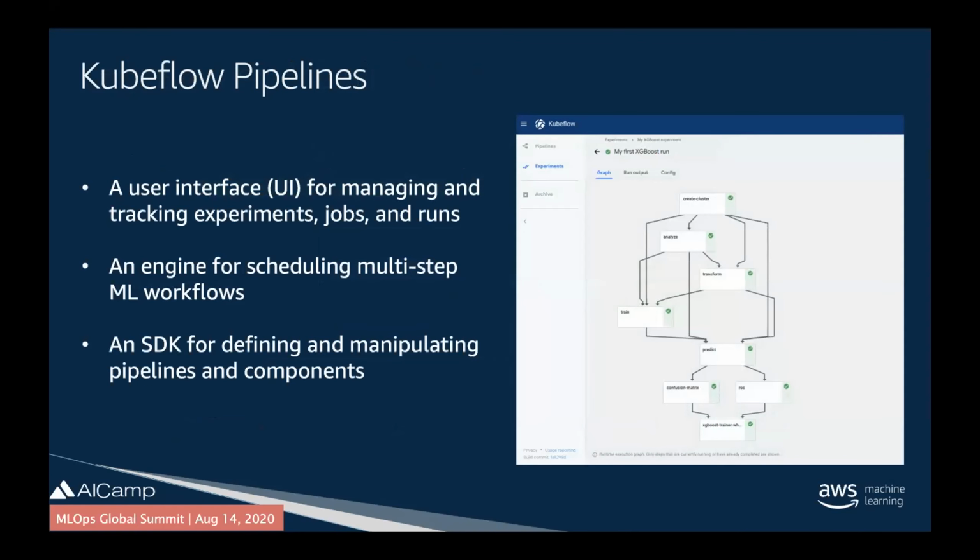So a first project within the Kubeflow ecosystem that is helping you to build those pipelines is actually called Kubeflow Pipelines. And you see here a first screenshot. So Kubeflow Pipelines gives you a user interface to manage and track your experiments, the jobs and the runs. And you can see here on the right a screenshot, and we will see this in a demo in just a bit. You basically develop the individual components, and then you can create this DAG, this directed acyclic graph here, which you might know from other